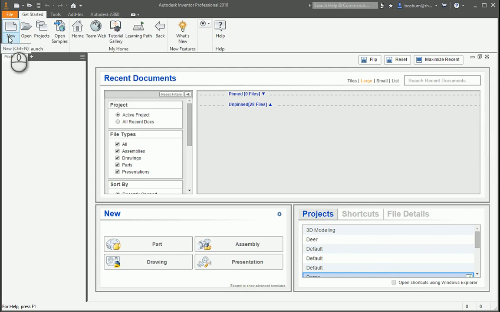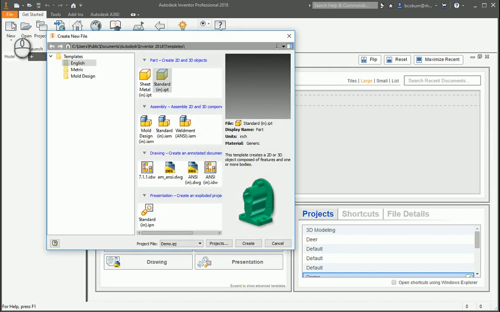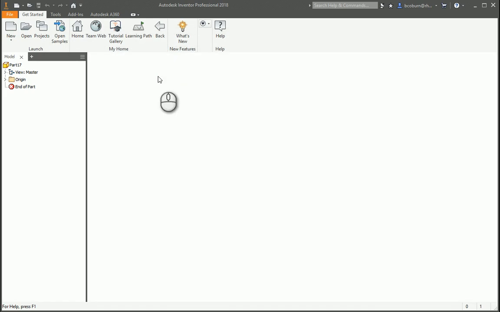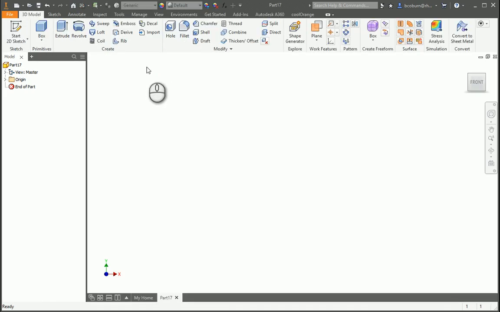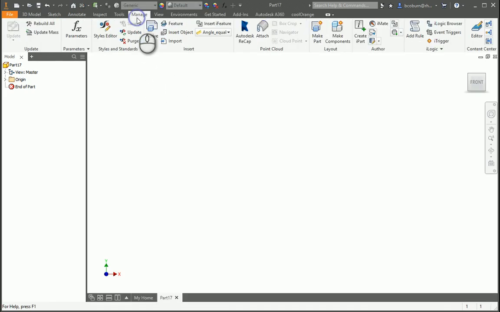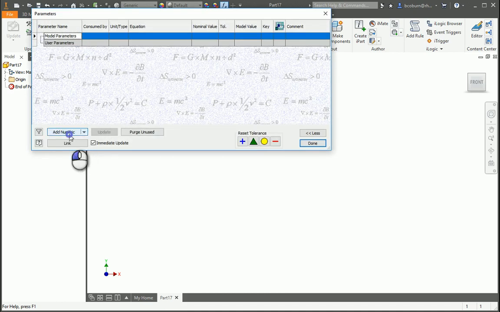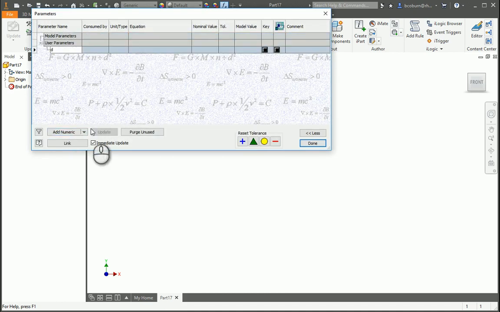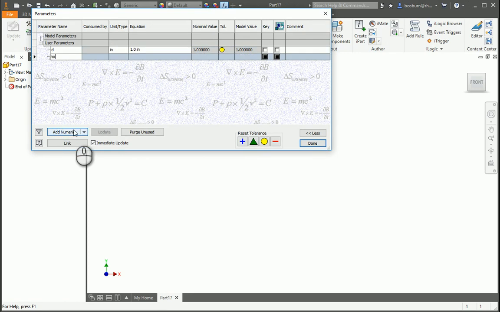We're going to make the Snail Cam parametrically, so new, standard IPT. Again, we want to start off with Manage, Parameters, and we're going to add our diameter D, which is 1. We're going to add our hole, tab twice and type 3/16,